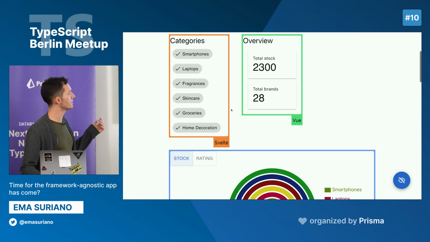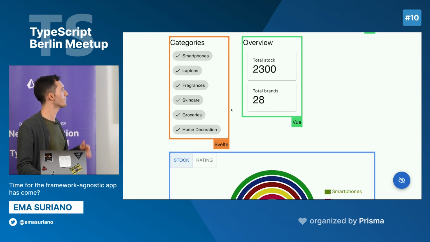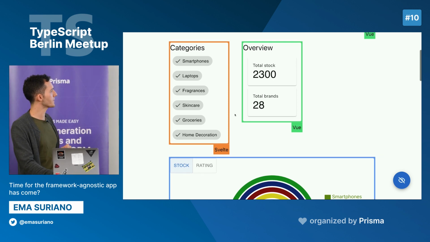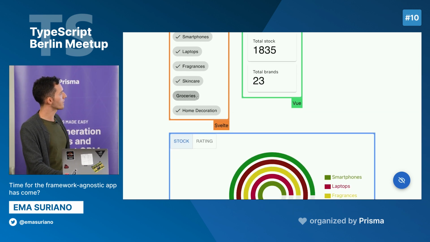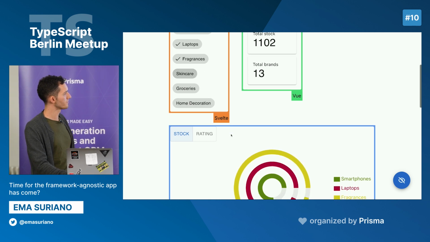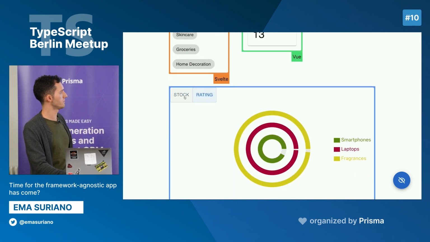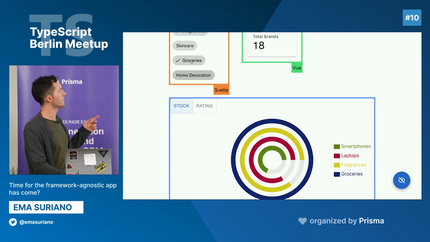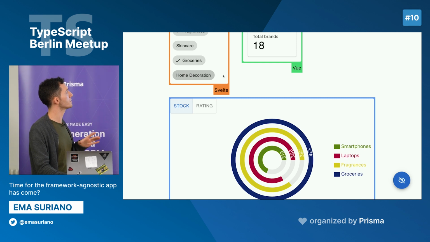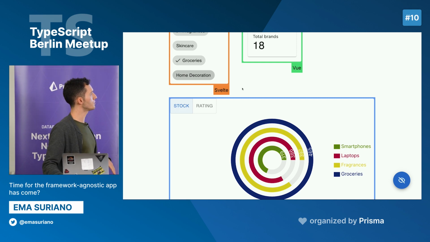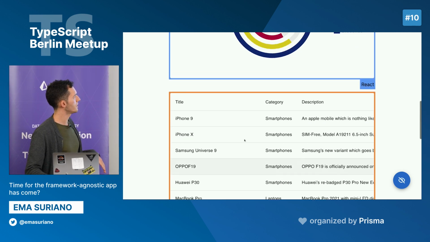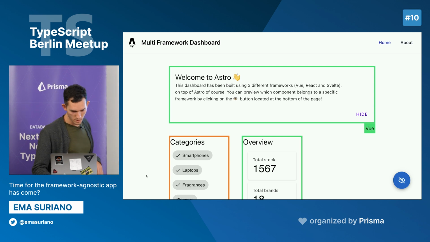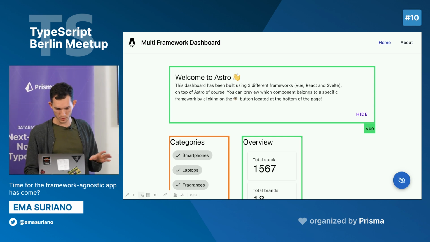They're also using different versions, different packages of Material Design. So I know the pain. And the last thing is that when we click on it, they are communicating. The communication is being done with nano stores, and I personally think this was the easiest part to do. And then here we also have a table that is built with Svelte. So that was the demo.